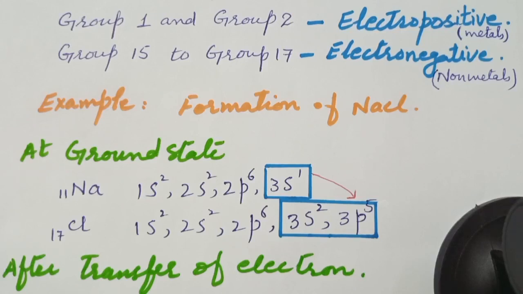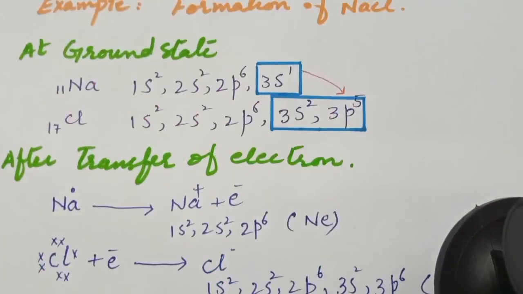Sodium atom can give its 1 electron and will complete its outermost shell by releasing its 1 electron in the 3s orbital. The third shell, the outermost shell, will vanish, and the inner shell, that is the second shell, will become the valence shell. Chlorine atom, after receiving the electron from sodium atom, will have 8 electrons in its outermost shell, and hence it will be completed. After transfer of electron, the sodium atom will have this electronic configuration 1s2, 2s2, 2p6, which is close to the nearest noble gas neon.